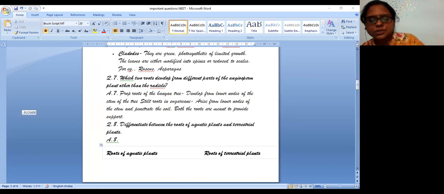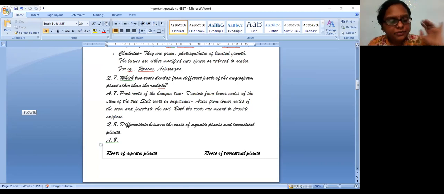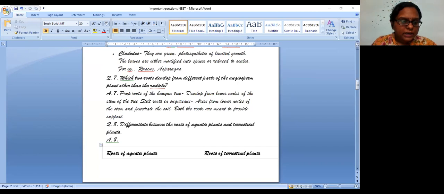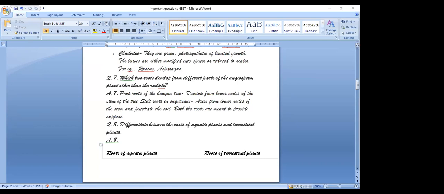So that's all, students. For the next class, I have to take flowers and maybe one more class you need. I'll take the flowers and I have to take inflorescence in detail. Inflorescence is really very important. So I'll take the inflorescence in detail. And many are not there. They left maybe because of the network issue or whatever it is.